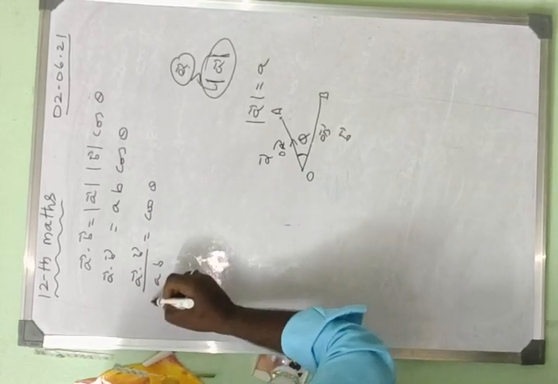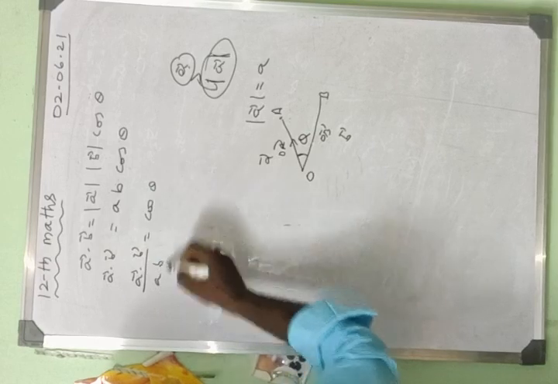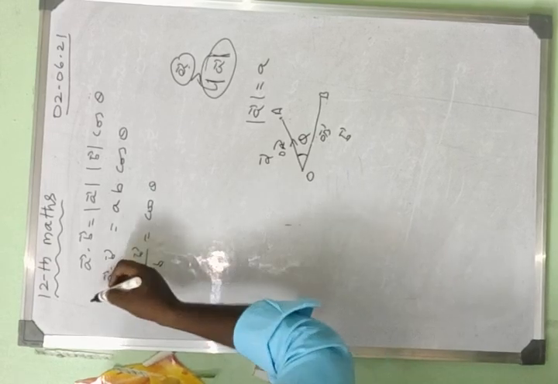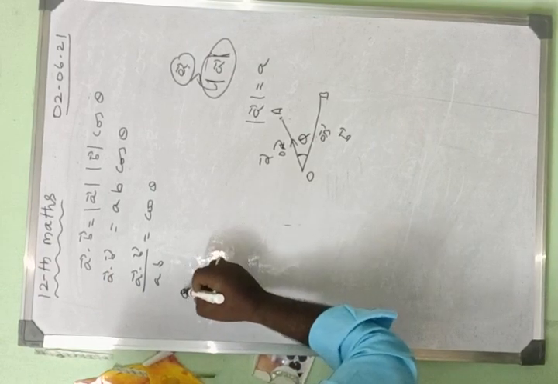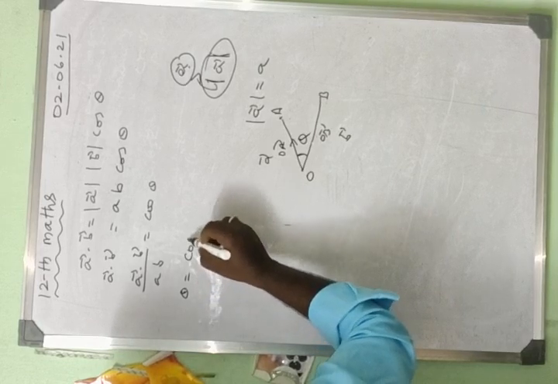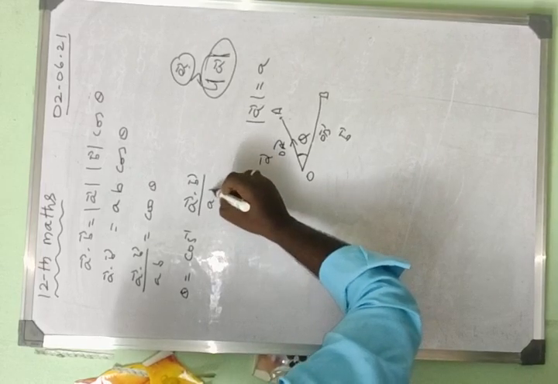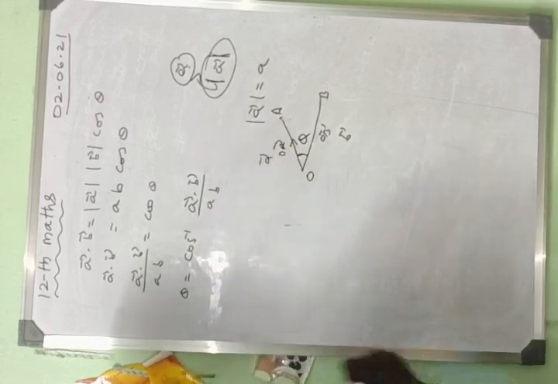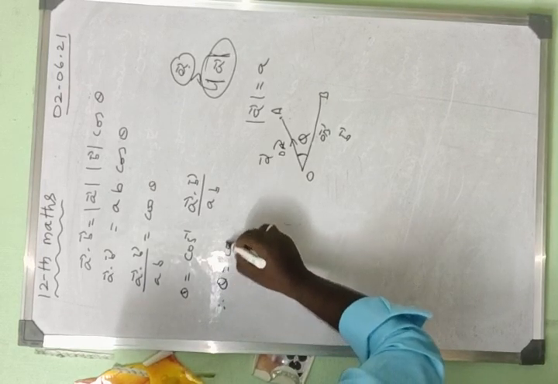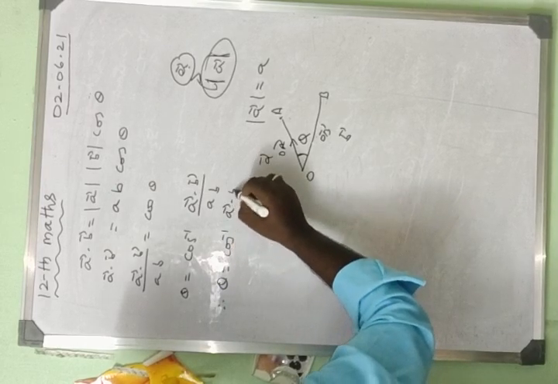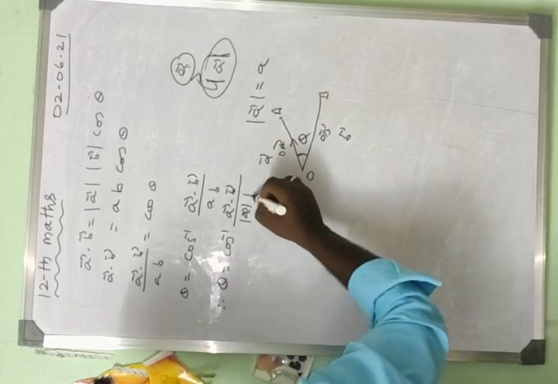So cos also changes to the left side. Cos changing to the left side means the numerator side has it, then the denominator side has it, so cos changes to the numerator, meaning it becomes the inverse. So we can write theta in reverse order. Theta is equal to cos inverse of vector A dot vector B divided by, sorry, not vector A B, like this. Therefore, theta equals cos inverse of vector A dot vector B divided by mod of vector A, mod of vector B, like this.